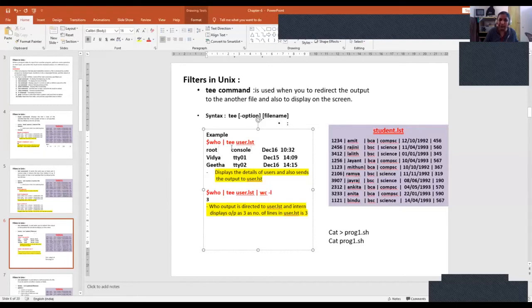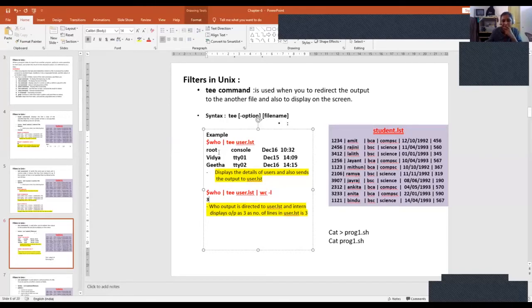So instead of telling who redirect to a file, I can directly tell it, and the output of who will display on the screen as well as be stored in a file called user.lst. Hence, the tee command is used to display as well as save the display. Whatever you are displaying here will get stored in user.lst.